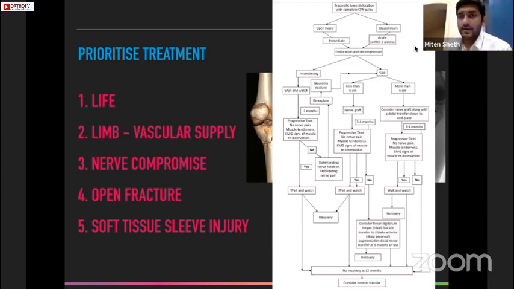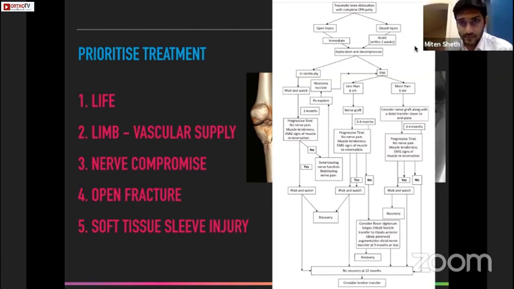You're going to explore and decompress the nerve. And this is the situation that I'm talking about as a soft tissue surgeon. You shouldn't be thinking that, okay, tibial plateau fracture is to be handled later, and right now it's just the plastic surgeon who's going to decompress the nerve. You can actually tackle the soft tissues on the posterolateral side of the knee at the same time through the